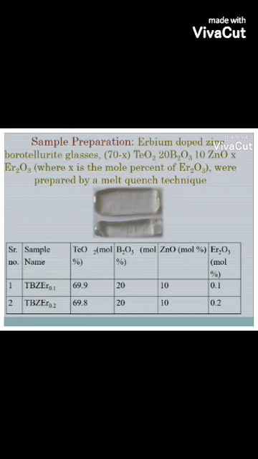Then we did the sample preparation using the melt quenching technique. Step 1, the oxides are weighed using a digital electronic balance. Step 2, crushing with pestle and mortar for about half an hour and obtain a batch of 10 gram. Step 3, putting the sample in the alumina crucible and placing the crucible in a muffle furnace and melting it at 950 degrees Celsius. Then pour the melted sample into a mould crucible. Step 4, the sample is then annealed in a separate annealing furnace at 350 degrees Celsius for 2 hours.